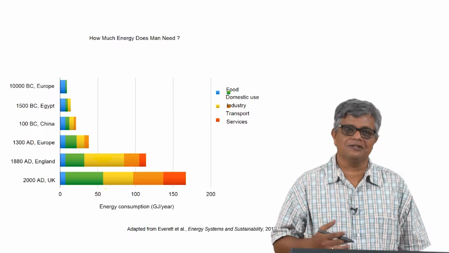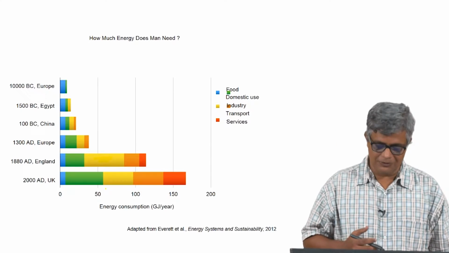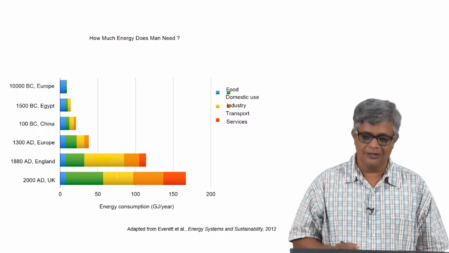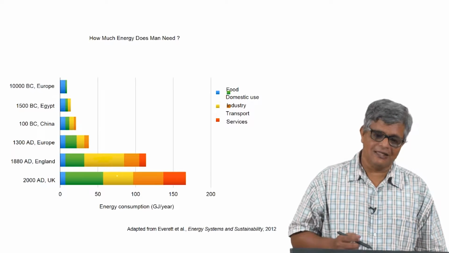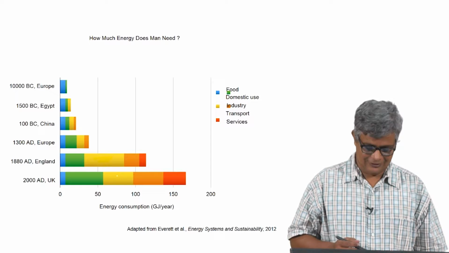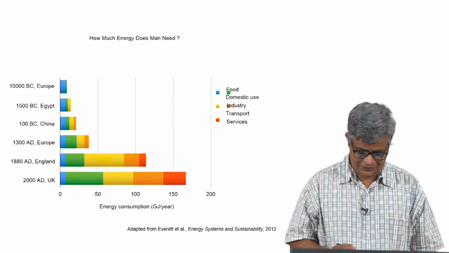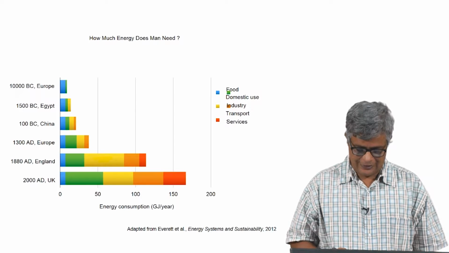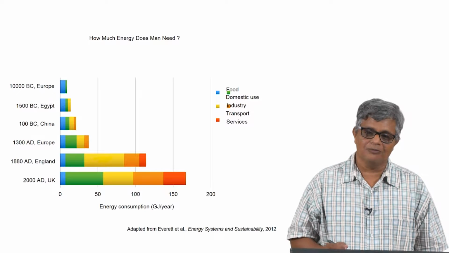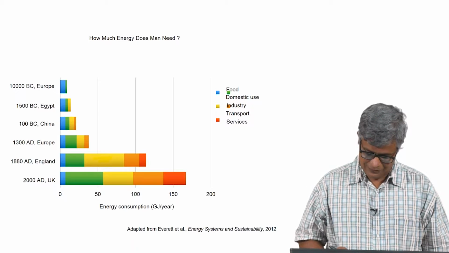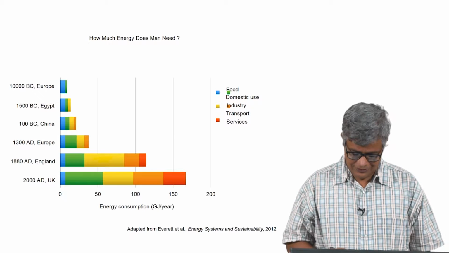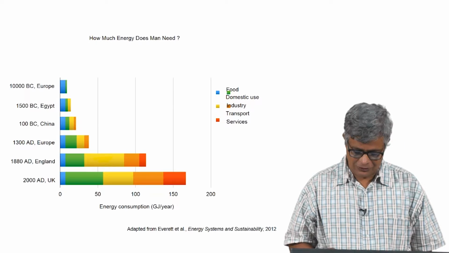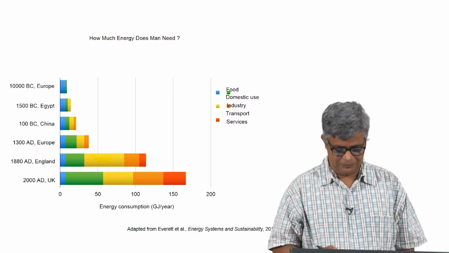That is because of the efficiency gains that have happened over this period, and also the way the industry has developed. So we are moving from very heavily energy intensive industries to less intensive industries, and then a large amount of transport related energy, because the common man can also spend a significant amount on travel in all forms. And then finally you have a burgeoning service sector, which is also calling for a large amount of energy.